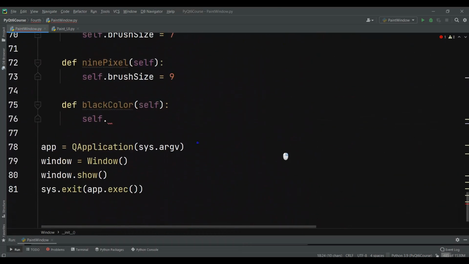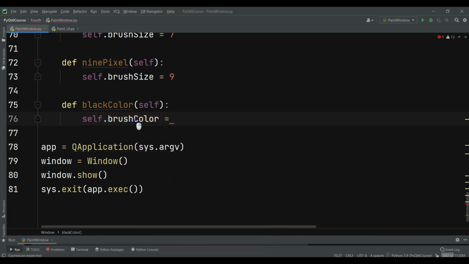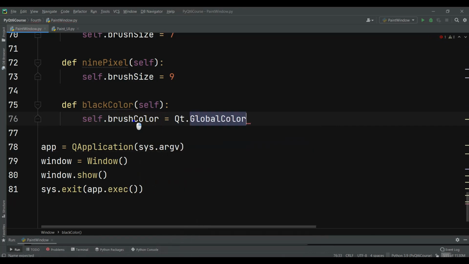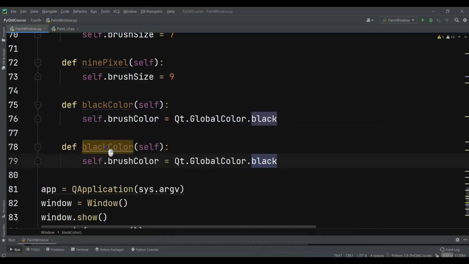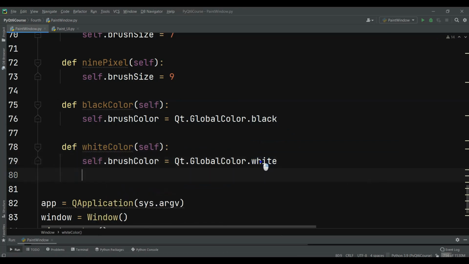And what we want to do, we want to just say self dot brush color, and we want to just make it to qt dot global color dot black. Okay, and now we can just copy this. So we have black color, after that we have white color, white,